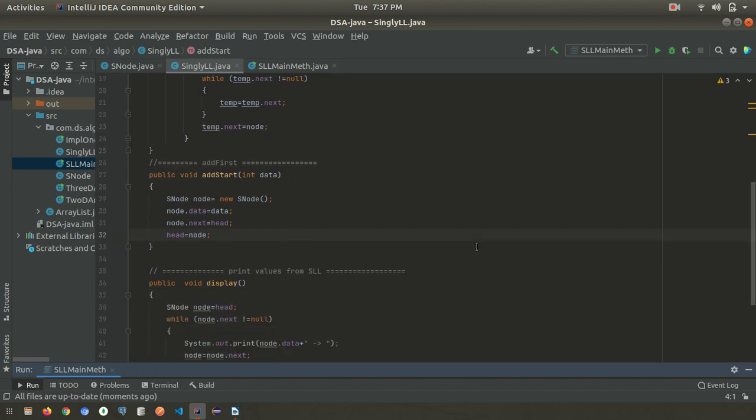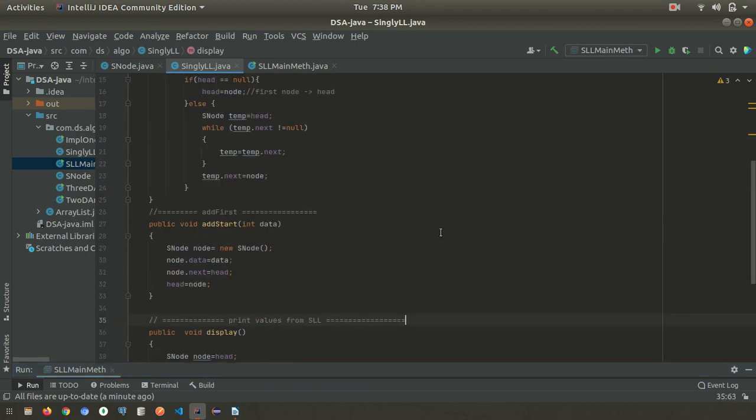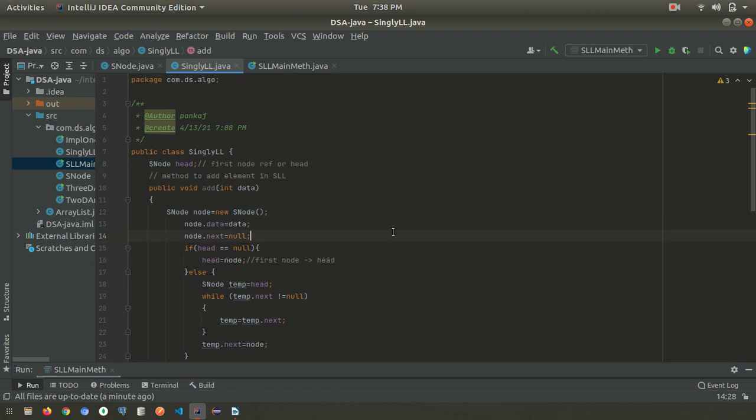And if you want to display the data from the linked list, we can display by calling this display method. And maybe if there is any requirement, we need to add this data at some particular index. In that case, we can create a separate method for this in the next video.